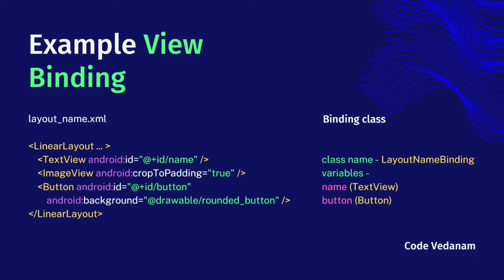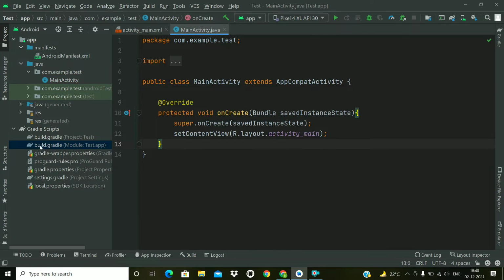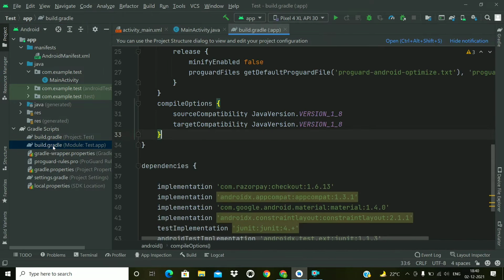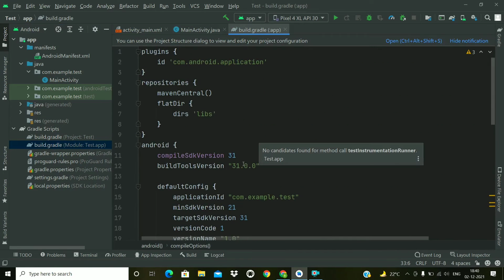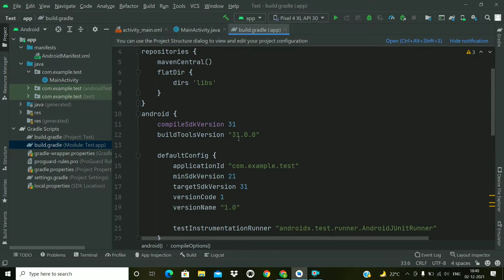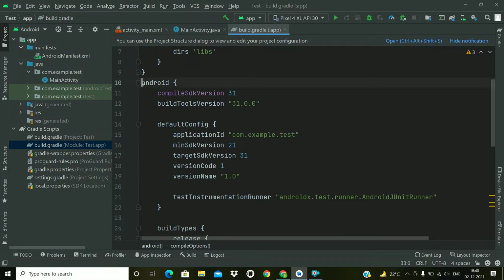So now let's start with the implementation part. First of all, we will have to make some changes to this app level build.gradle file. In this android block, we will add a build feature.